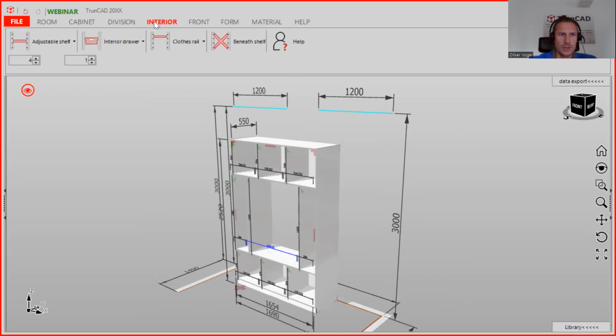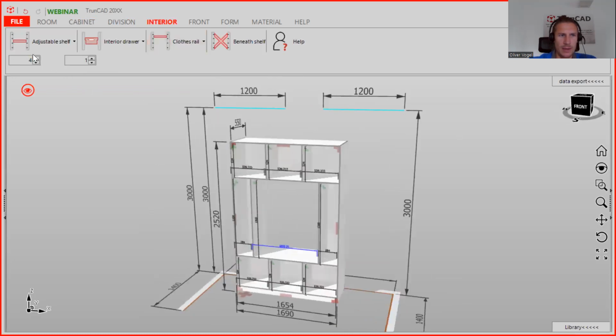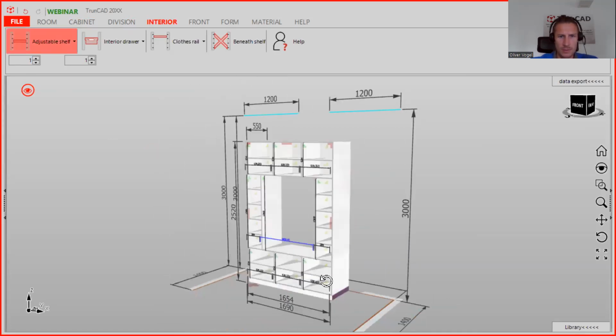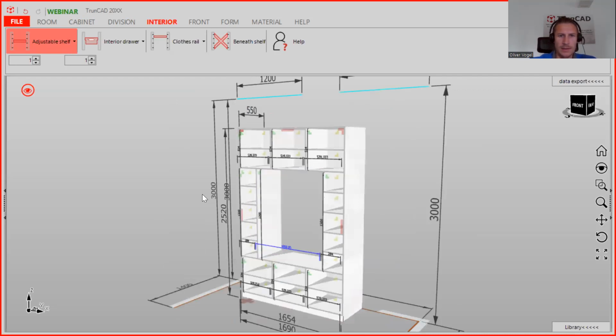And then we go into the interior tab, and here we can add the adjustable shelves. When I prepared this, it was already saved here for adjustable shelves, but for the top and bottom we only need one. So just drag and drop it. And here we are. And now we are going to the front tab,